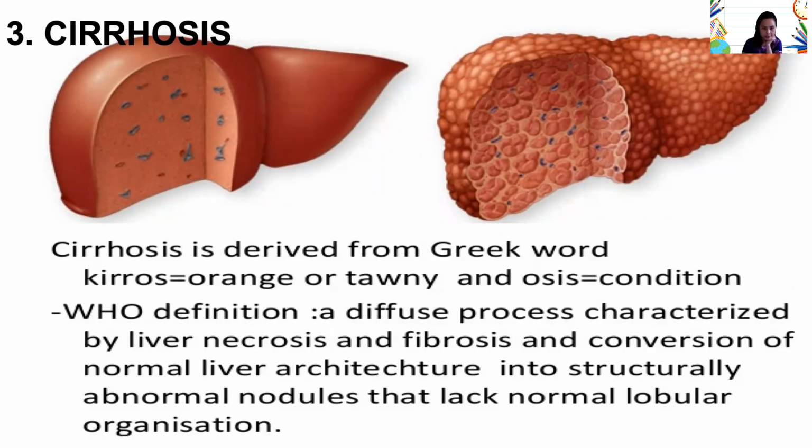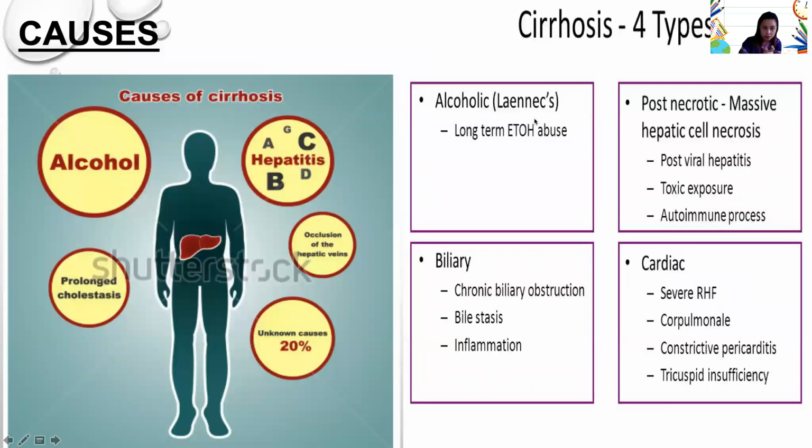Okay? Cirrhosis. So next is cirrhosis. Cirrhosis is the problem which causes your liver or yung atay mo na maging fibrotic. So ano yung fibrotic na sinasabi? Kung ito ang normal na liver mo, pag nagkaroon ka na ng cirrhosis or cirrhotic na ang liver mo, nagkakaroon na siya ng fibrosis or nagiging ganito, matigas na siya. Bakit? Because of this causes.